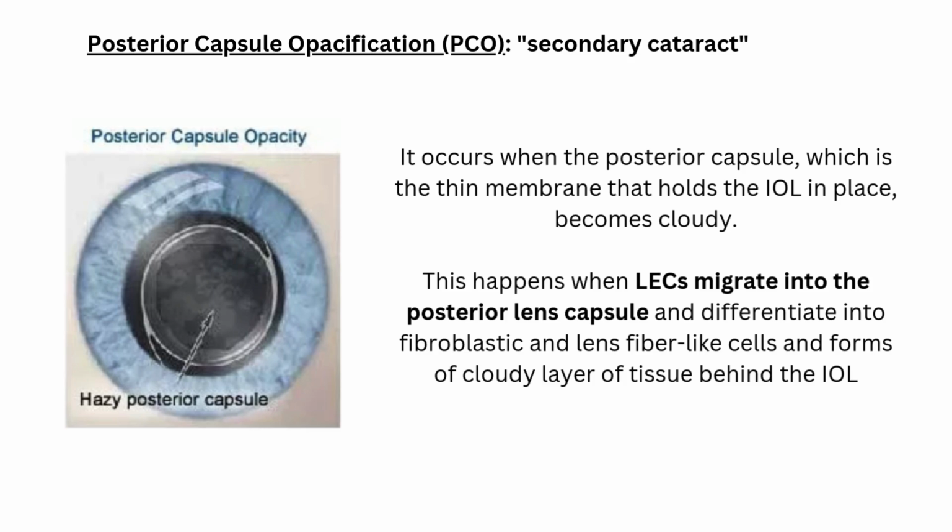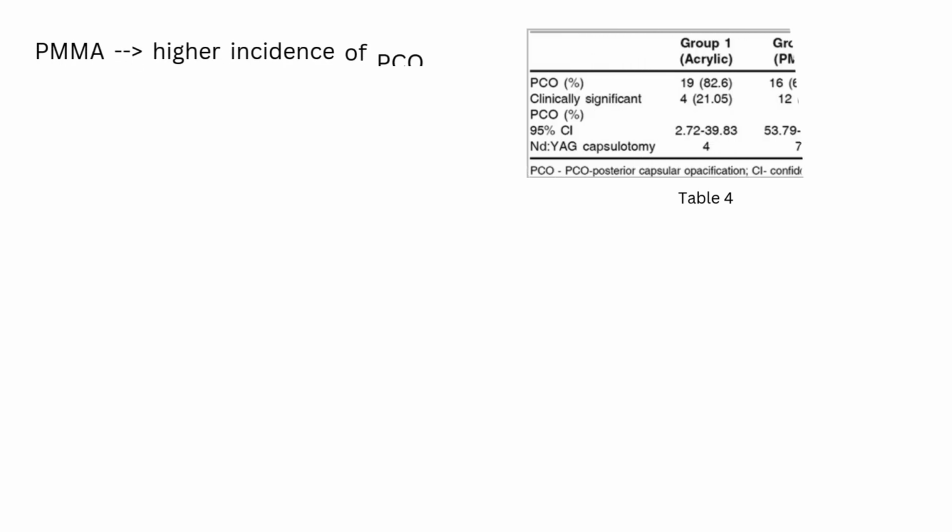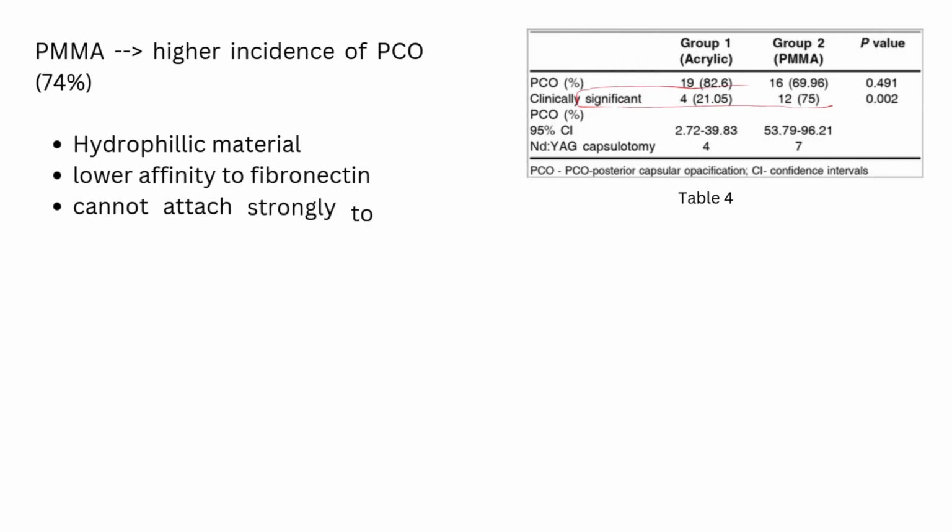This happens when LECs migrate into the posterior lens capsule and differentiate into fibroblastic and lens fiber-like cells, and form a cloudy layer of tissue behind the IOL. The use of PMMA in IOLs greatly increases the incidence of PCO because it is a hydrophilic material. This means it has considerably lower affinity to fibronectin and hence develops a weak attachment to the capsule. This allows for a gap between the posterior capsule and IOL where the lens epithelial cells can migrate and proliferate